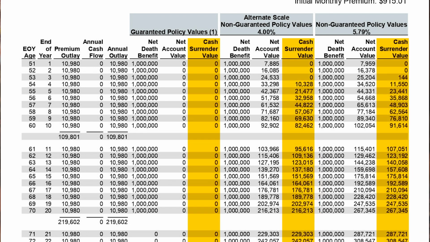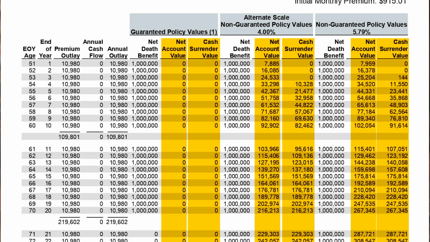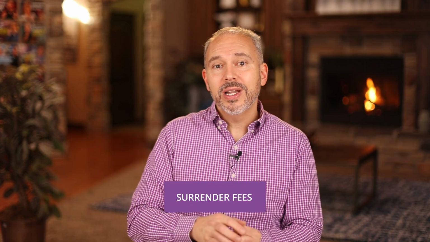This is the money you actually have access to in universal life. This is different than that net account value. See, there's cash value in there, right? But they lock it up. They put what's called surrender fees. So if you ever try to cancel the policy, if you ever want to access that cash, they won't let you. They lock it up.